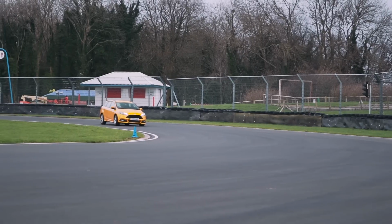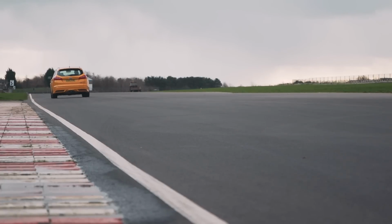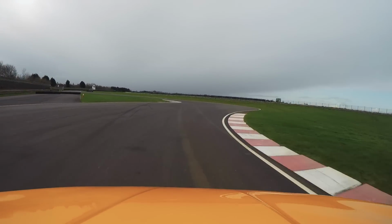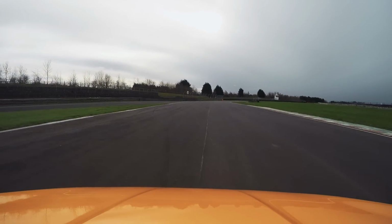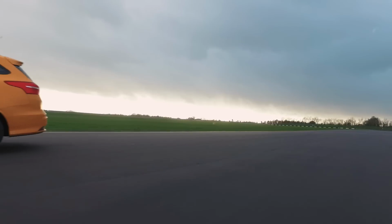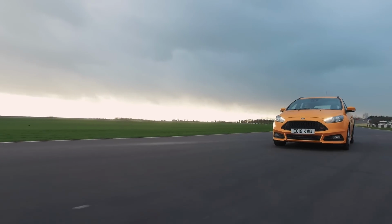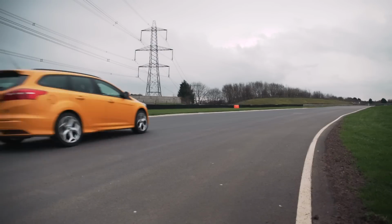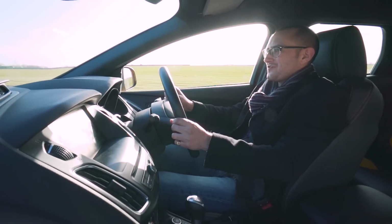Stuff like Mustangs, stuff like Camaros, they are fantastic fun, but only really in their environment, or at least classically. The UK Mustang is a very, very good car. But realistically, say you've got a family, you've got a bunch of kids, do you go for the V8 muscle car or do you go for the sensible, efficient diesel car that has an amazing turn of pace when you want it? I want people to buy Mustangs, but I honestly think hot hatches are way more versatile and they suit us down to the ground,